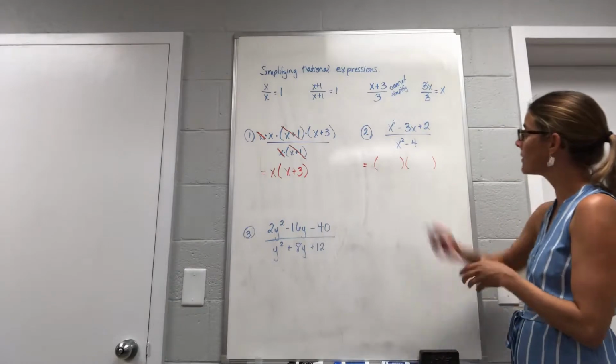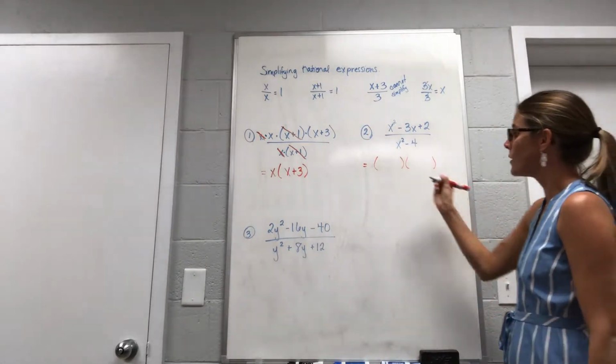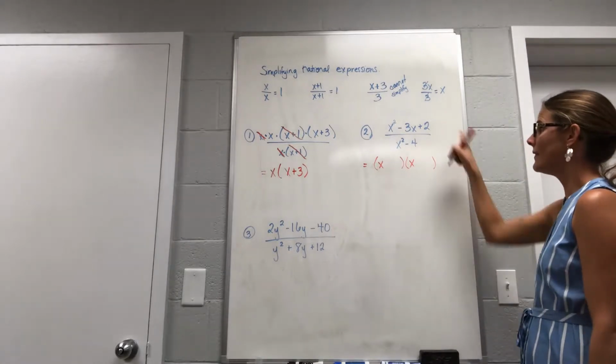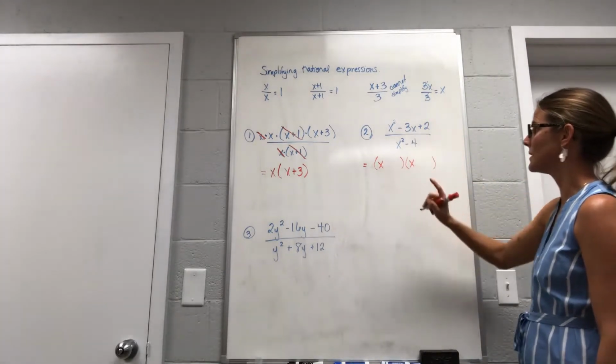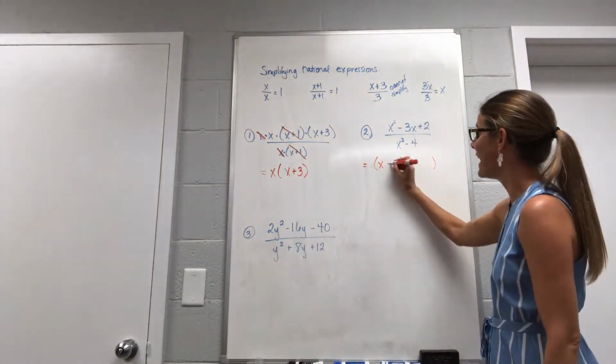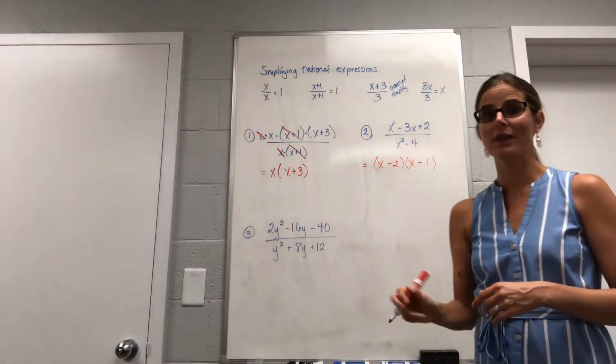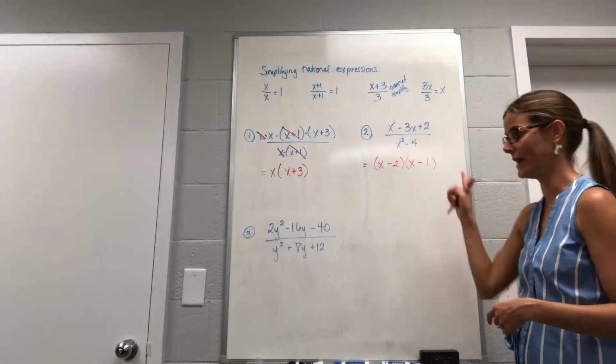All right, so the leading coefficient is 1. So this will be an x times x equals x squared. And then what do we multiply to be 2 and add up to be a negative 3? That would be a negative 2 and a negative 1. I did post a video on factoring, so if you need a refresher on how we're getting that, you can